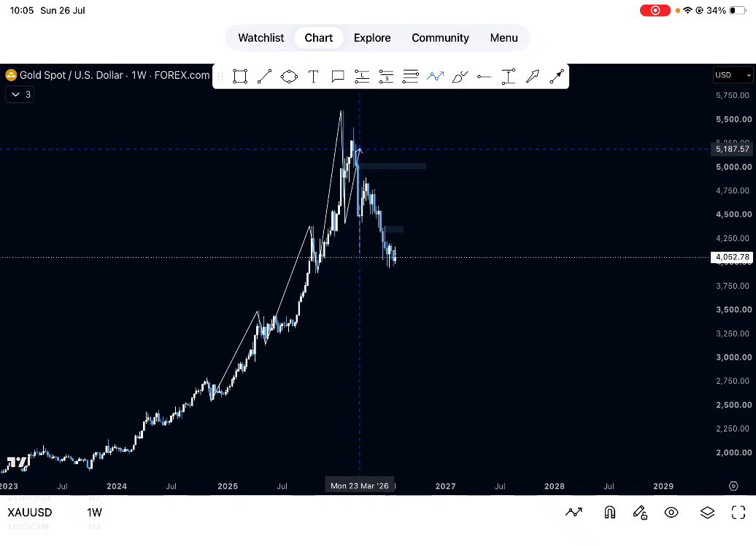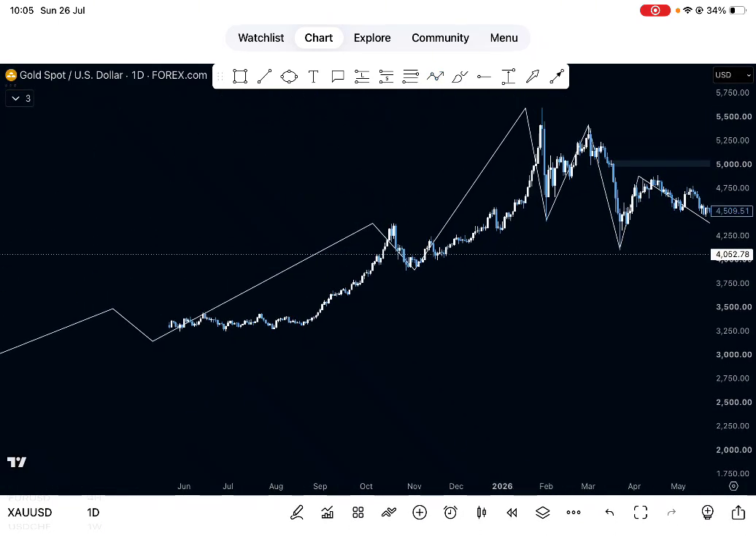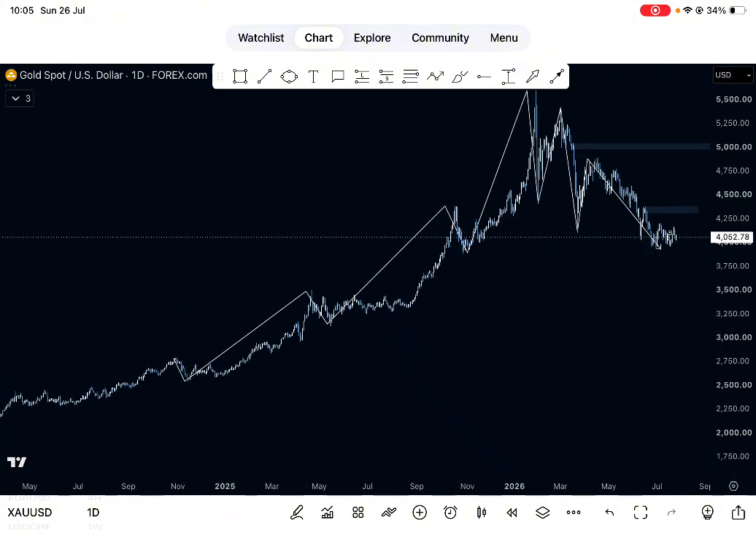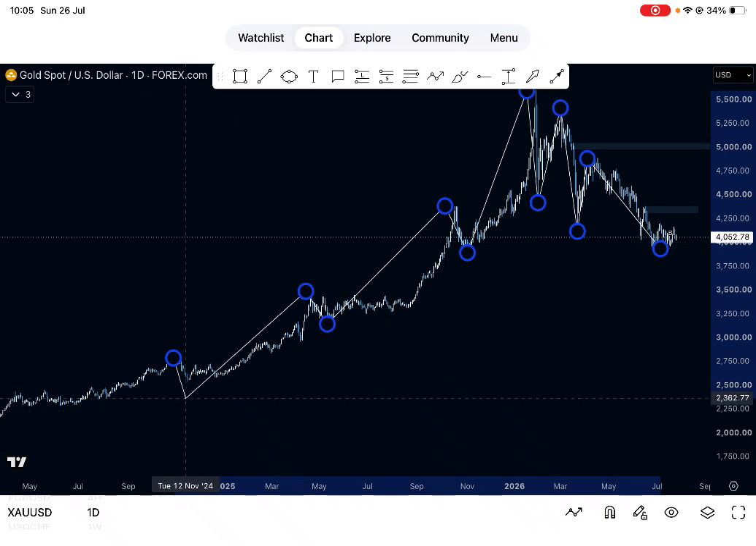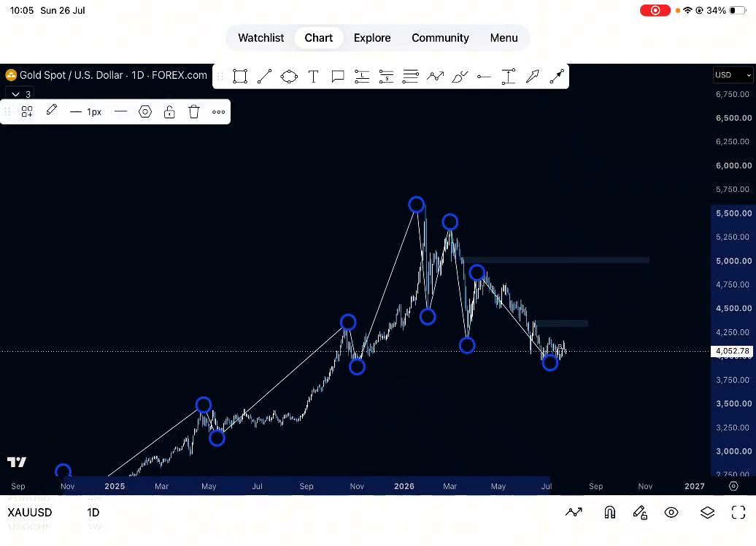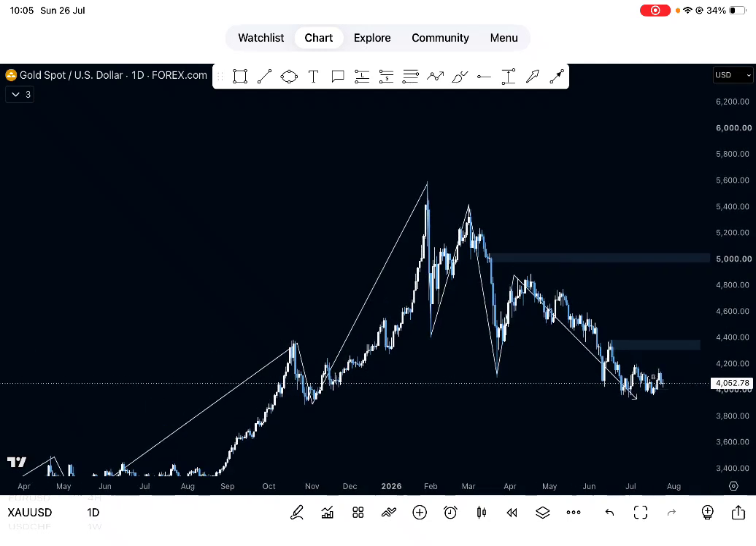I think the structure changed on the weekly actually. The structure changed, but it will be more clear in the daily time frame. So you can see we were making higher highs and higher lows, higher highs and higher lows, higher highs and higher lows, and we broke to the